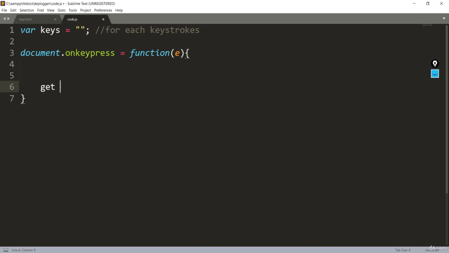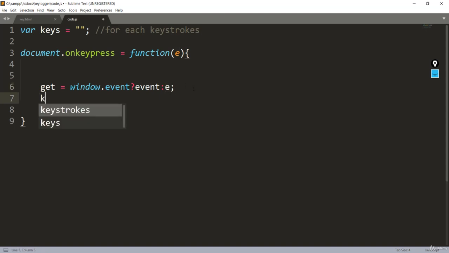First of all, we'll get the window event. I'll say window.event, and I'll make use of a ternary operator here. I'll say event else e. Let me show you what I'm doing here. We made use of an if-else over here. This part is a condition. If there is any event, it will return the event, otherwise it will return this character.